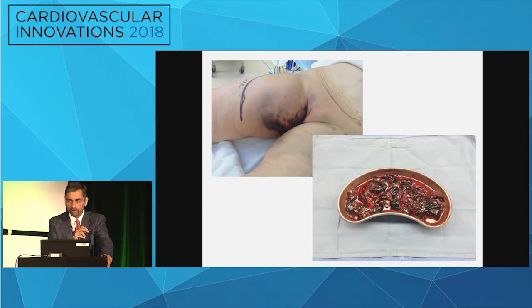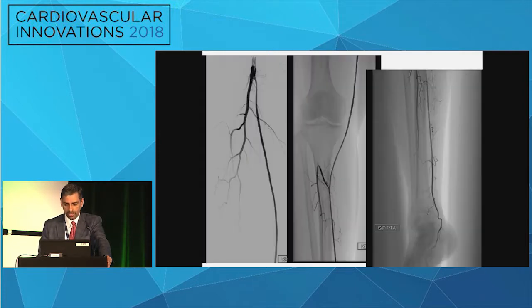And even though Dr. Rosenfield, Dr. Shishabor, Dr. Dunn are outstanding interventionalists, every one of us, and I'm an endovascular enthusiast, quite frankly, we occasionally have a complication like this. And I urge you, if you're an endovascular specialist, to go to the operating room if you have a patient like this to see what happens when there's a significant hematoma or a complication. It's really amazing how blood can be very destructive in the subcutaneous space. It's like a bomb went off, and you'll need a surgeon for that in most cases.